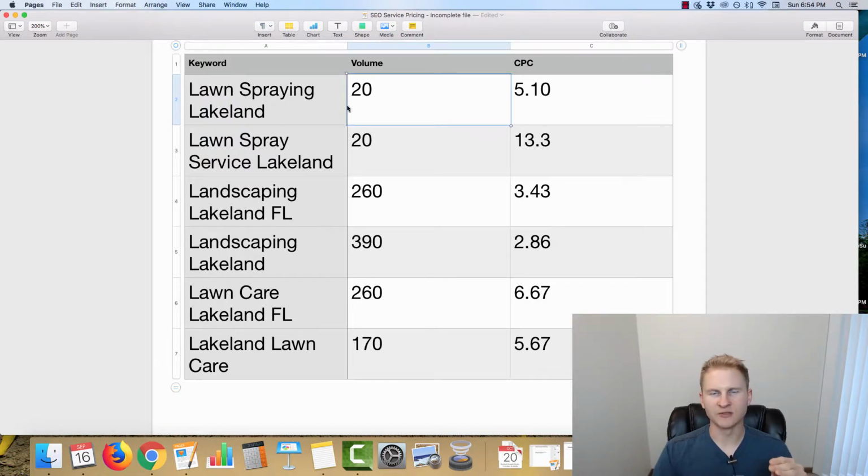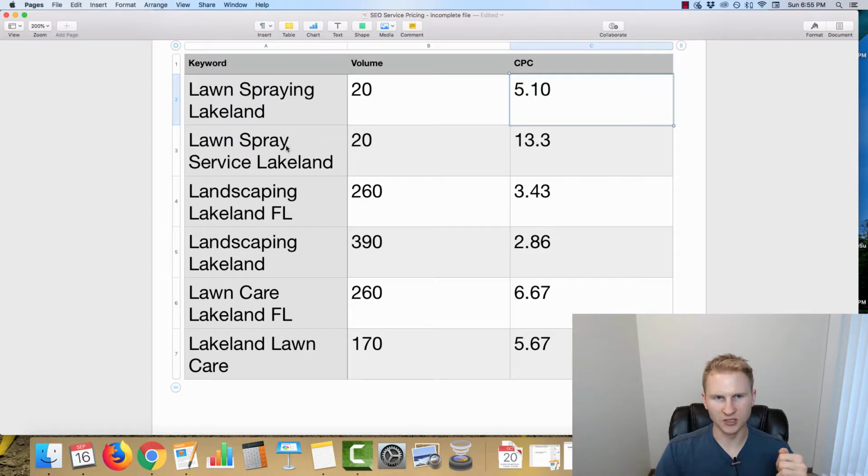And all this data here is from SEMrush, which is a website where you can get search volumes, which you can also get for free from the keyword planner with Google, but then it'll also give you the CPCs as well. Whereas with the CPCs within Google Keyword Planner, it gives you an average estimate, or like below $10, or it's a weird number. It's not exact, and that's what we need for this equation.